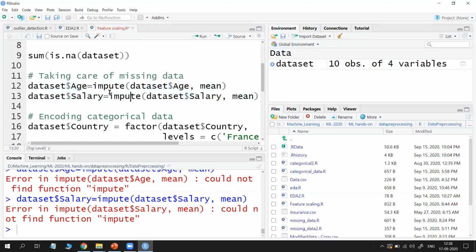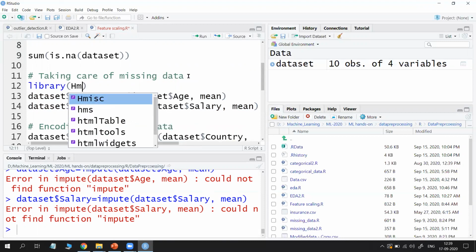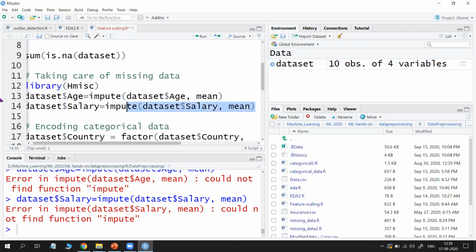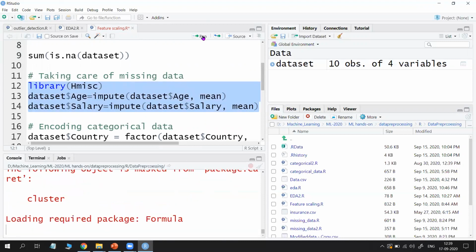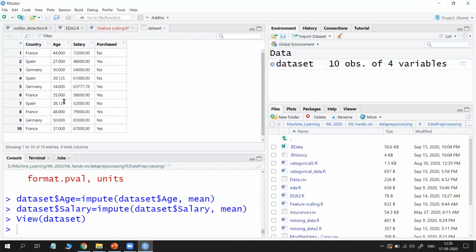But for using this impute, we need to use a library called Hmisc. Now just run it, and it is loaded. See, now open, there are no NAs.